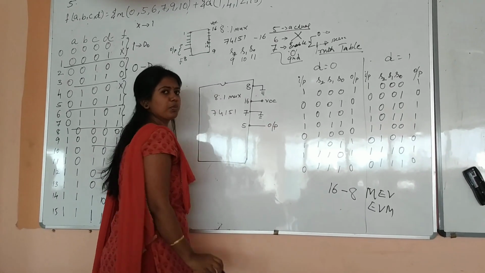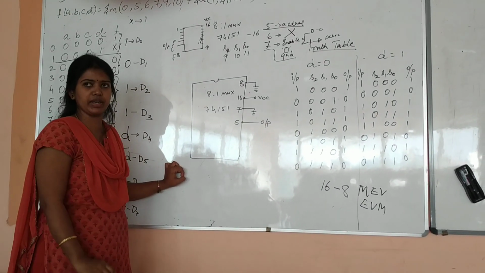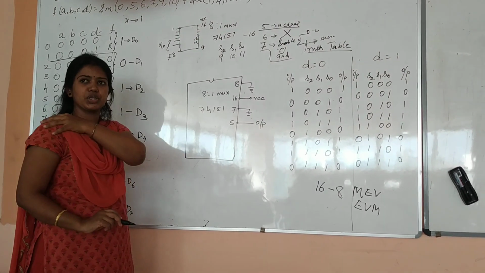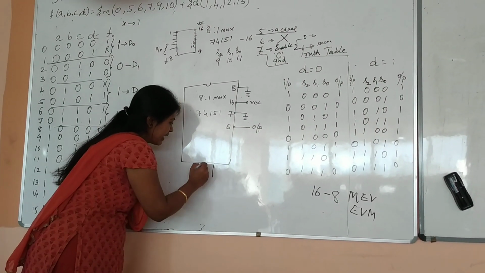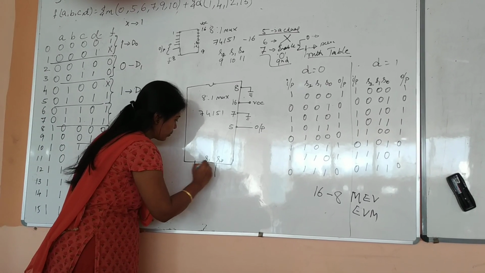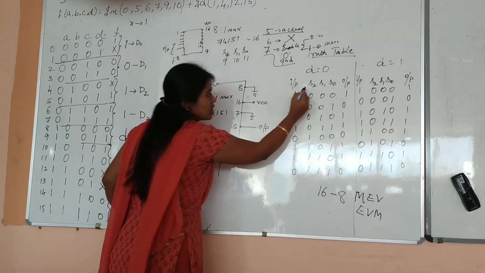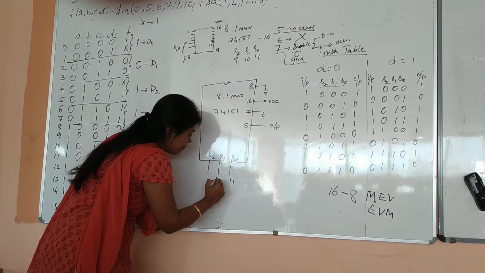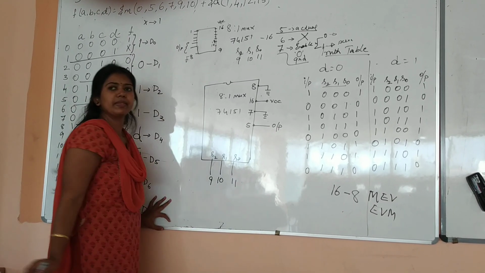Okay, after this we have the output, pin number 5. Let us connect it to output. Let us see in the connection how to do that. These will not vary with respect to any circuit. Along with this, the select lines will also remain the same. What I said, S0, S1, S2, the LSB and MSB should match with your truth table. So this has to be connected to pin number 11, pin number 10 and pin number 9.